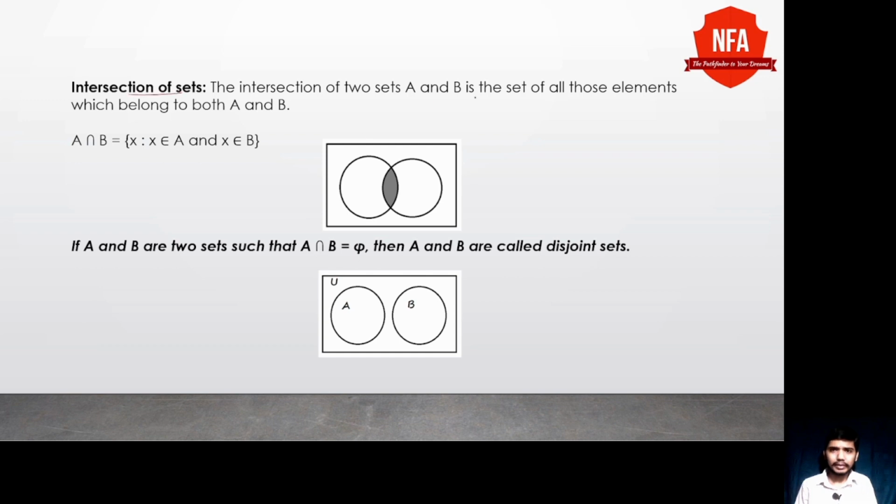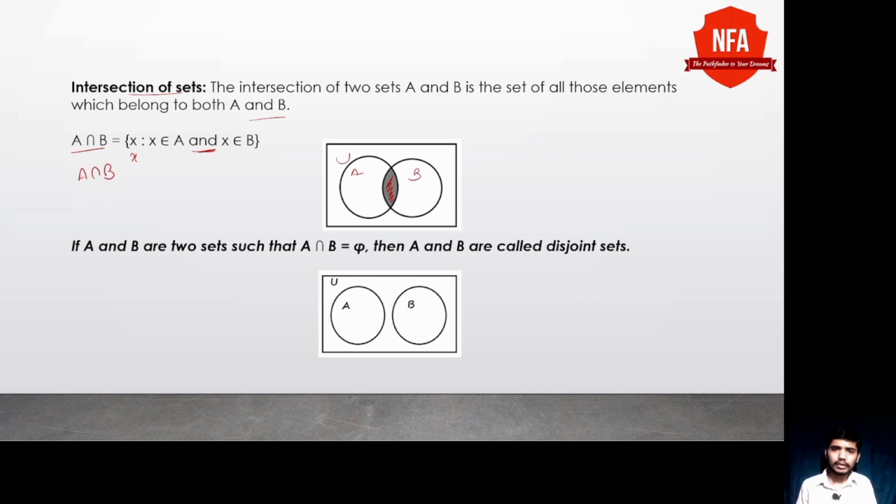Now let's see what the intersection of sets is. Intersection of sets A and B is the set which contains all the elements common to A and B. We denote it as A intersection B and write it as x such that x belongs to A and x belongs to B. x should belong both to A as well as B. So the common elements between sets A and B are the region which is the intersection. Elements common to both A and B are in the region belonging to the intersection of A and B, where this is A, B, and this is the universal set.